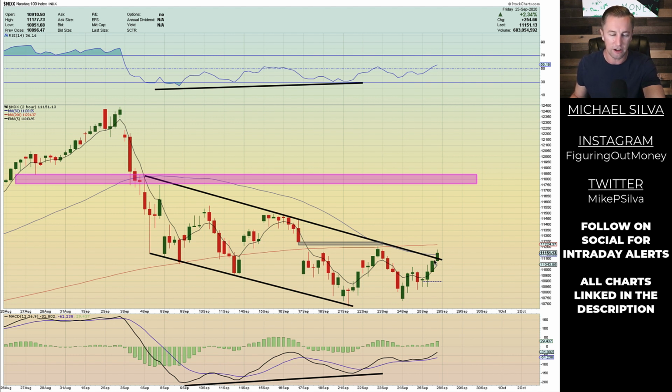Another thing to watch out for, though, is not only do we have a 200 period overhead, we have this gray box. And this gray box is a gap that has yet to be filled. So gap windows will act as areas of resistance and or support. If you get a price that gaps up and then all of a sudden the price action comes down into the gap, that can act as a strong level of support. I like actually trading those type of trades.